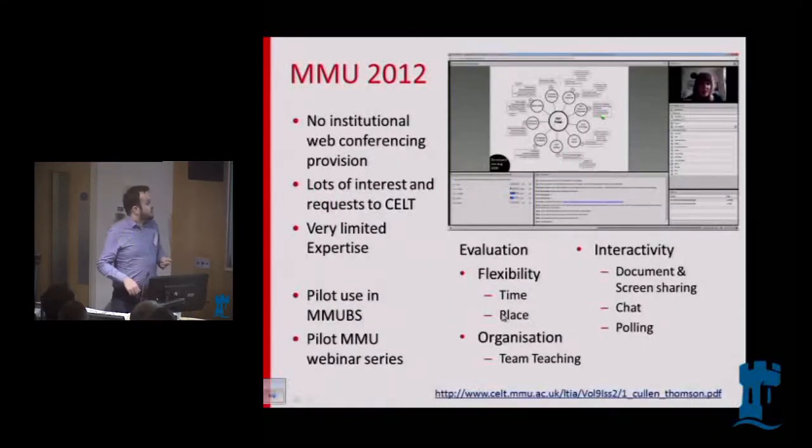So in 2012, myself and Rod, we spoke briefly about this in the discussion just before the break. We ran a series of webinars internally within MMU, mostly off the back of just realising there wasn't really a lot of expertise in actually delivering teaching and learning courses or delivering structured teaching webinars within the university, and we couldn't find a great deal out there within literature about how you actually do that. So we ran this pilot, and the things that really came back from the evaluation that we did with staff that were involved with it, it was a staff training bit, if anyone doesn't quite remember from before the break,